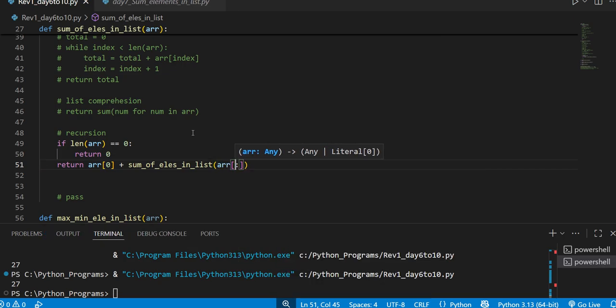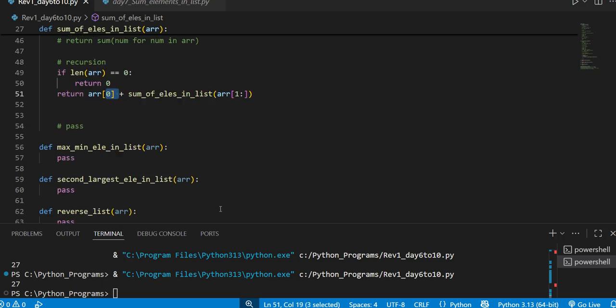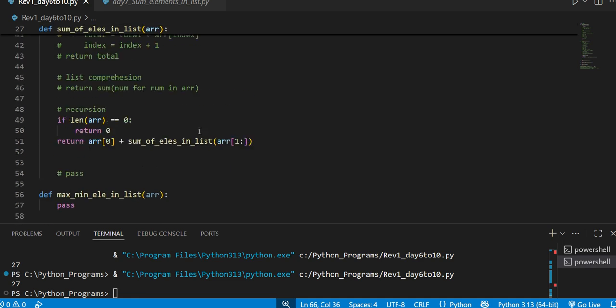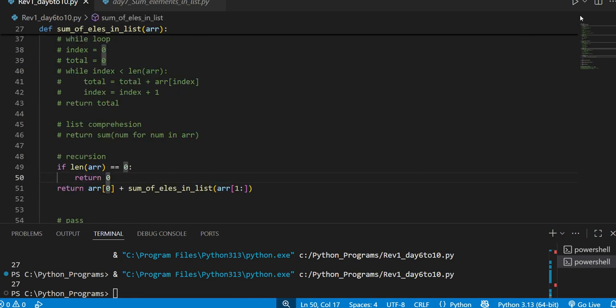Here, like a loop from 1 to all, right? From the next element, not the first element. It is like taking, for each time, this element, next element, and then it gets the sum. So if the length is 0, then it should return 0 and get the sum. Okay,